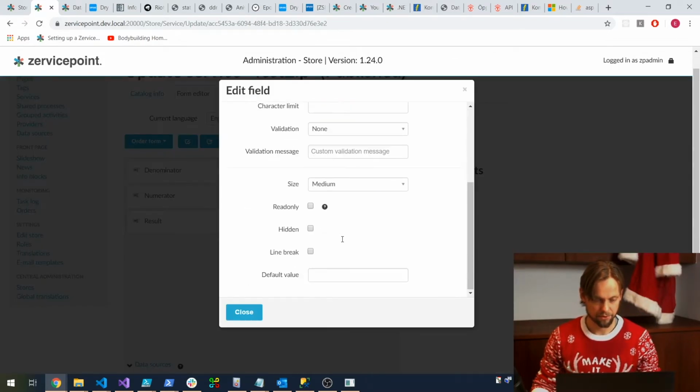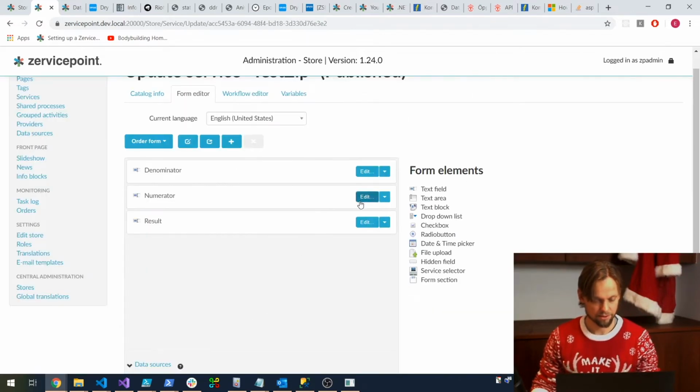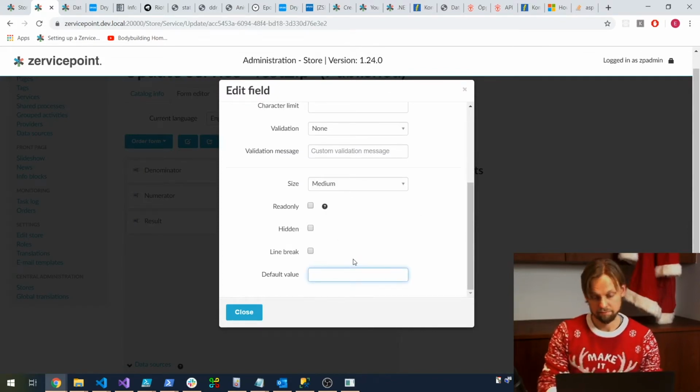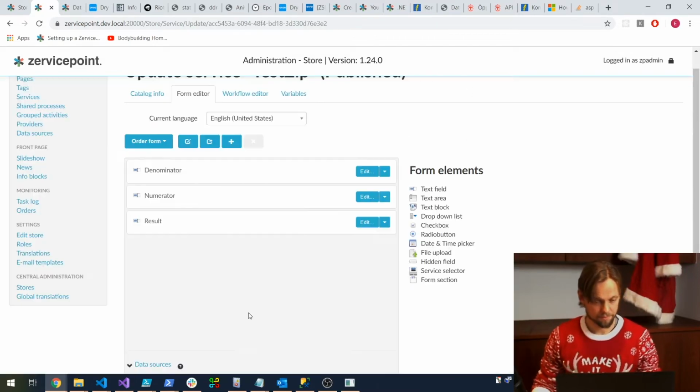And I can put the standard value in here. Divide by 2, and standard value here, 10 perhaps,